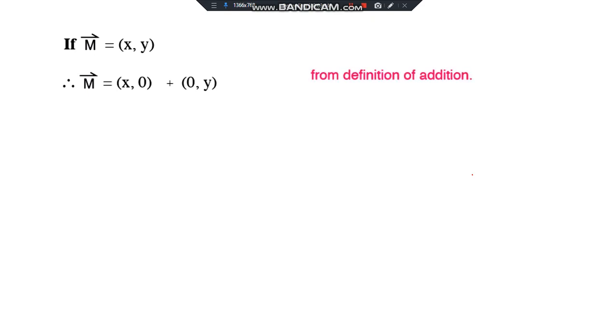So if m equals x and y, we can write the vector m as x and 0 plus 0 and y by the addition property. From the definition of addition, the ordered pair x and y means the ordered pair x and 0 plus the ordered pair 0 and y. So we can write x and 0 as a unity vector, x multiplied